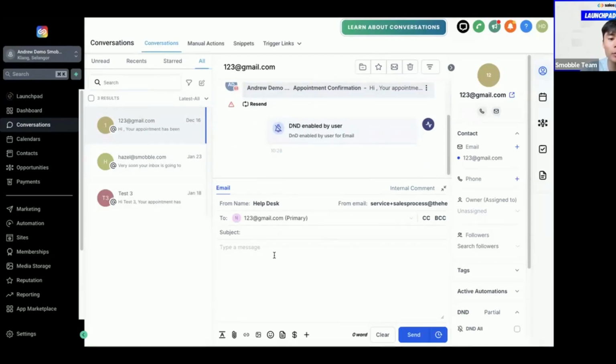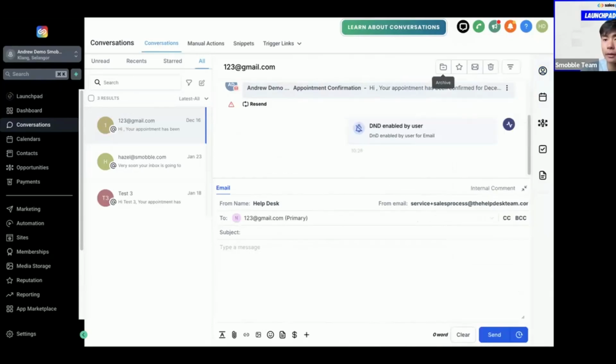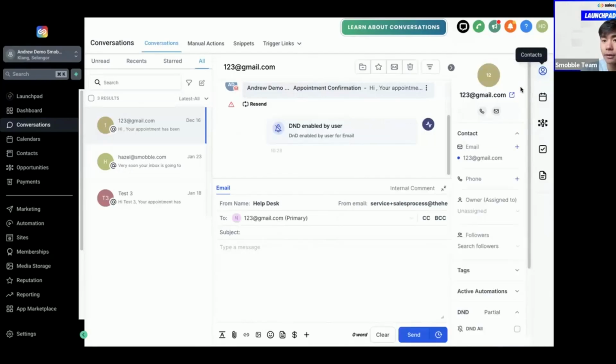In here is where you can chat, whether it's via email or via SMS. You can send files or documents or whatever you need in here. Okay. And then on the third column on the right, this is where you would,